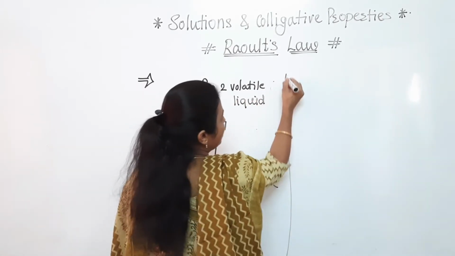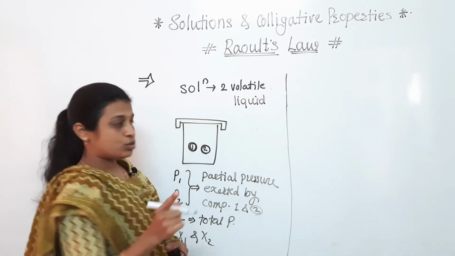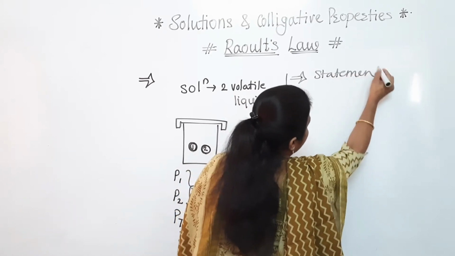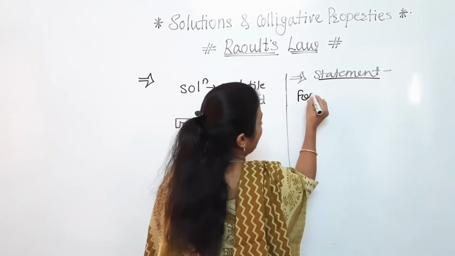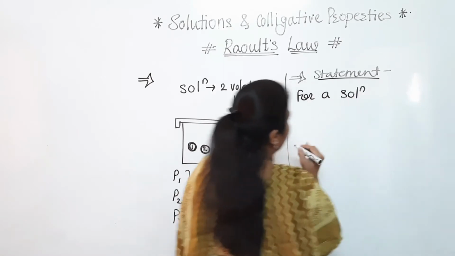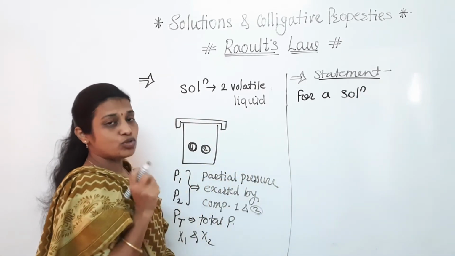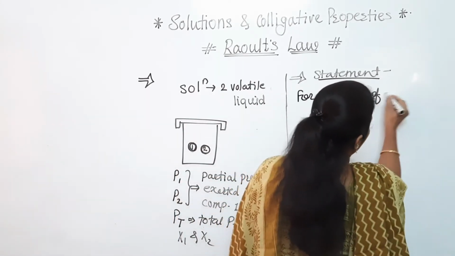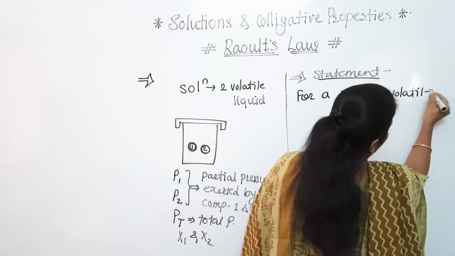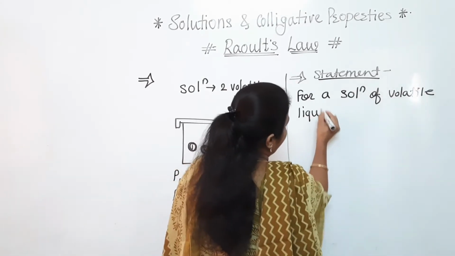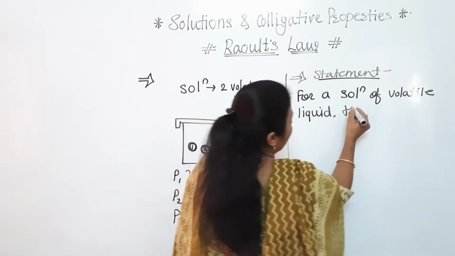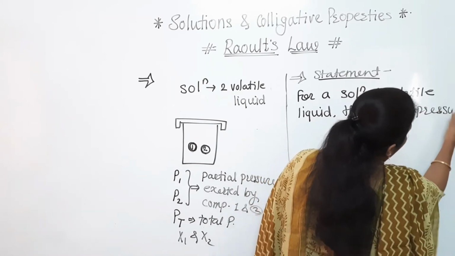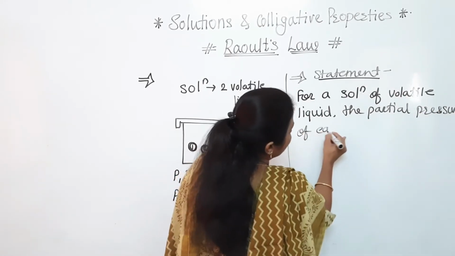This statement is related to the solution. Once again I am telling you. So if we consider this statement, now see what is the statement. In that we can say for a solution. As we know that here there is a solution, but it is of the volatile component. So for a solution of volatile liquids, the partial pressure of each component